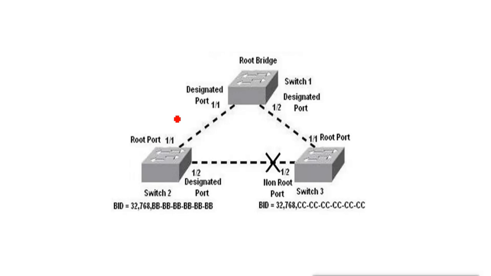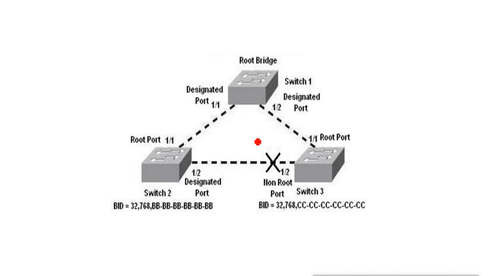We can use the redundant link, so that if one link goes down, our network can still be connected by the other link. But when we have the redundant link, we can have a problem of broadcast storm, and we can have a problem of looping. So for avoiding that, STP is already there, and it will block the looping port.